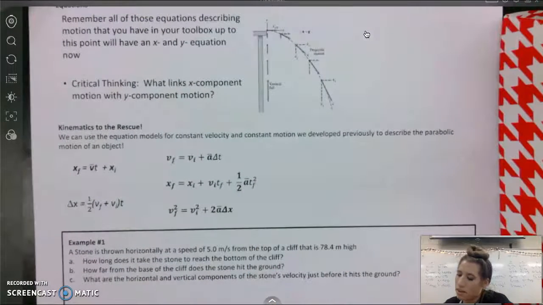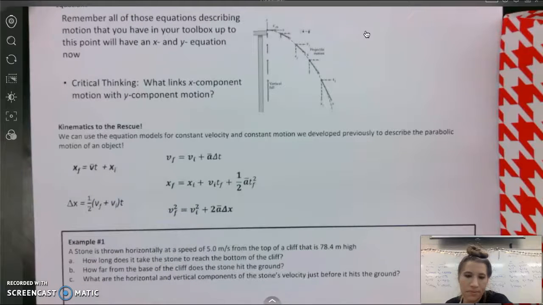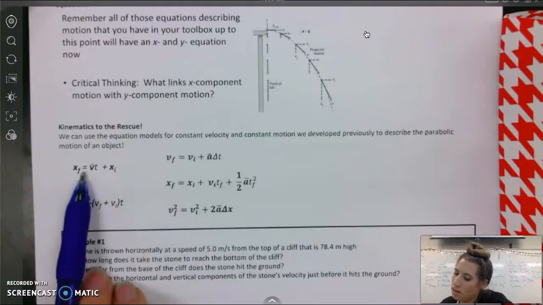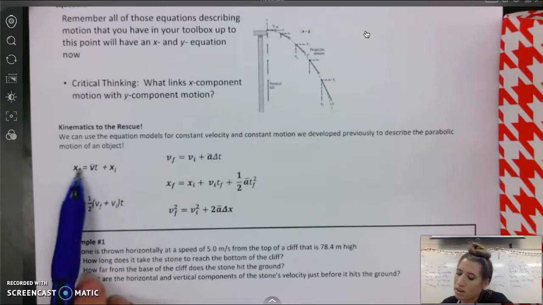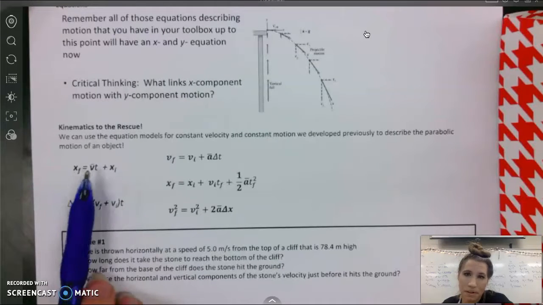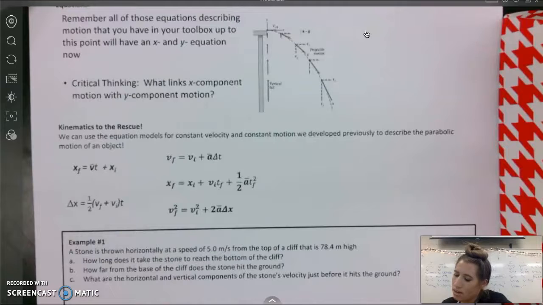Okay. And I want us to focus on these 4, right? And this one only works if there's not an acceleration. Okay? And we're going to use these to identify and to process